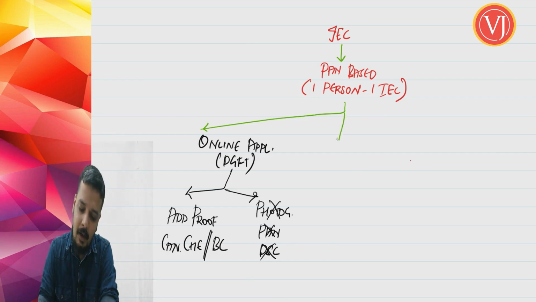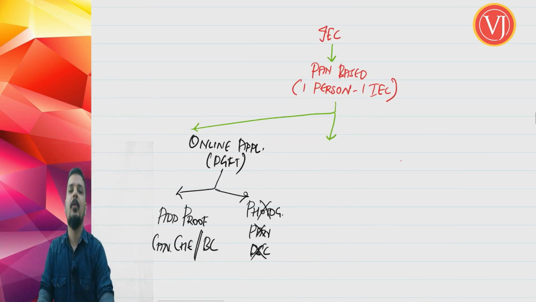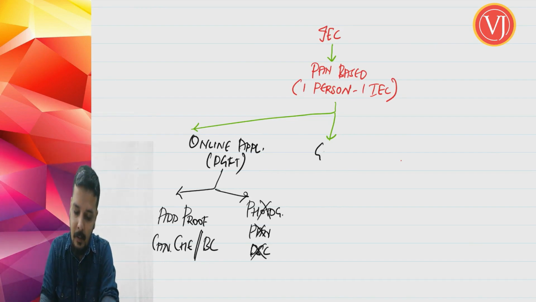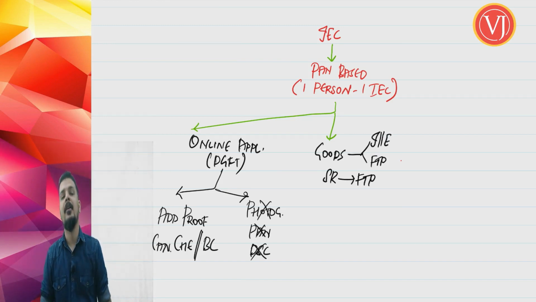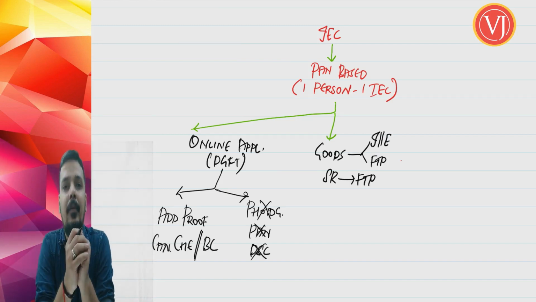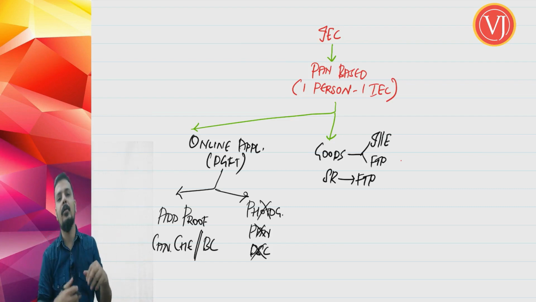Now friends, next important point, there is a myth that only for goods sector you require IE code. No, this IE code is required both for your goods sector as well as for your service sector. More importantly, if at all you are talking about taking the benefits of your foreign trade policy. For goods sector, it is required both for importing as well as exporting the goods, also for taking the benefits of your foreign trade policy. So there is a big myth that you require your import export code only if it is goods, when you are importing the goods or exporting the goods.